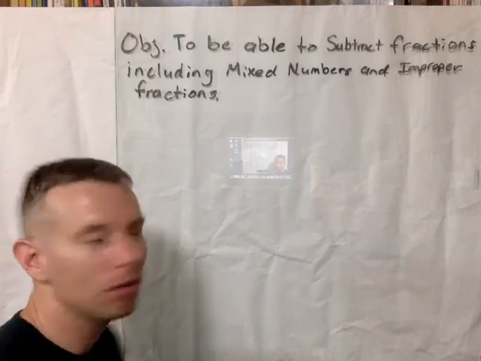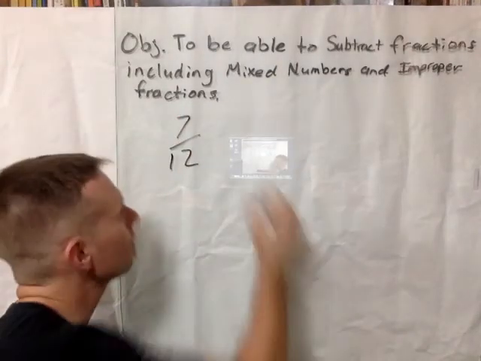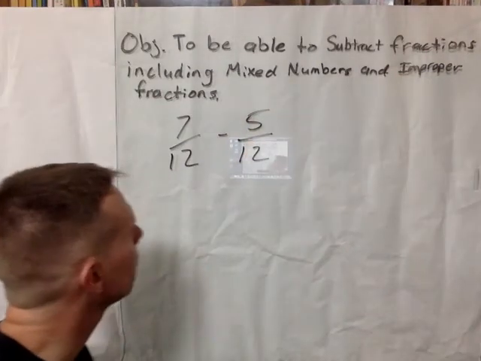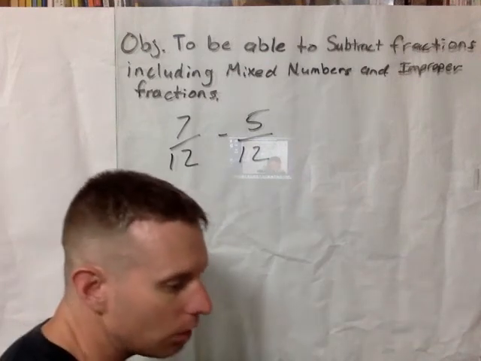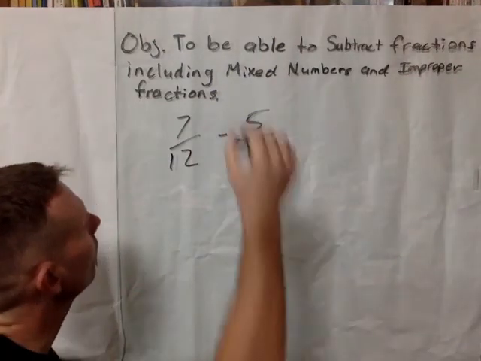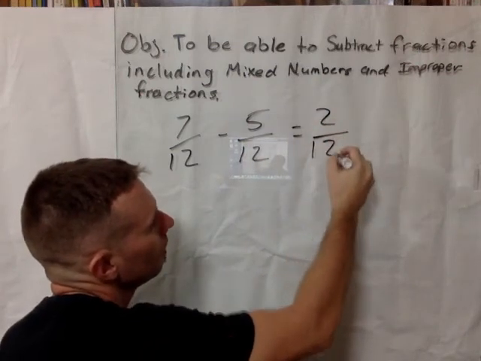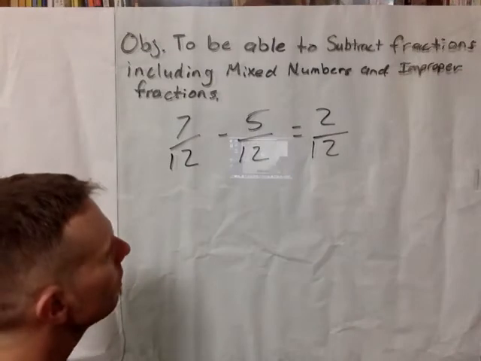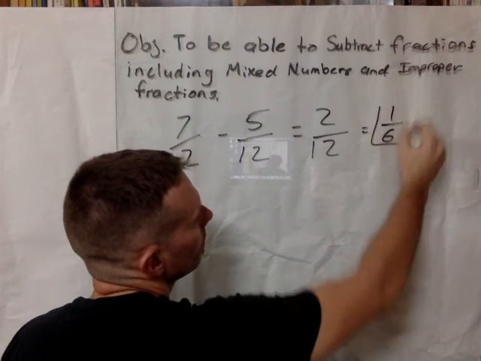So the first one we will do is 7/12 minus 5/12. Well, denominators are the same, so we can go ahead and just skip down all the way to step 4, and 7 minus 5 is 2, and that would be 2/12. Adding and subtracting fractions, you keep the denominator the same, and this simplifies, we know, to 1/6, which